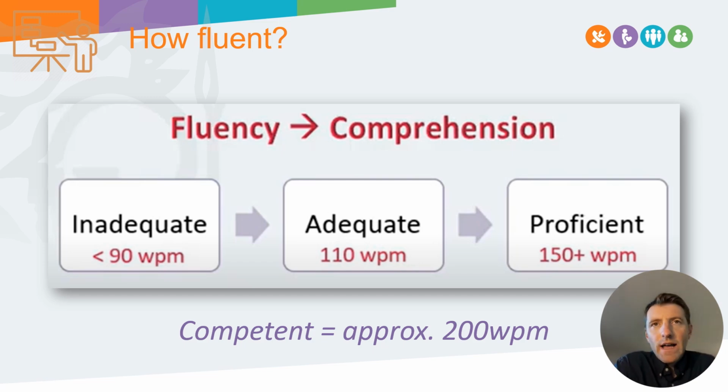So for a learner to have adequate fluency, adequate means that they should be able to access the text and draw meaning from it, and that's what we want. So they should be able to comprehend what they're reading if they've got approximately 110 words per minute as their reading rate. Ideally, we're looking to get our primary school learners, particularly second level going through to kind of primary 6, primary 7, you're looking for 150 words per minute. But as long as we're at 110, that fluency will actually grow as an independent reader.